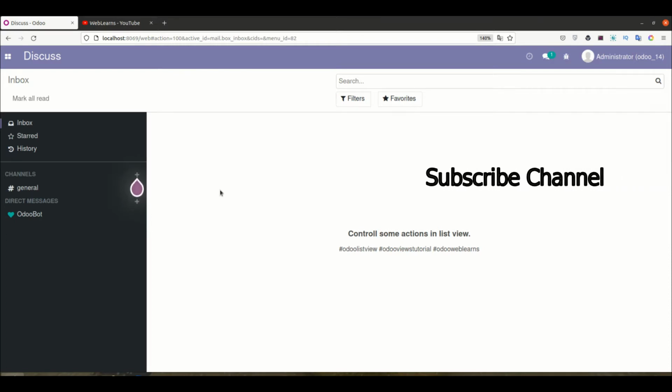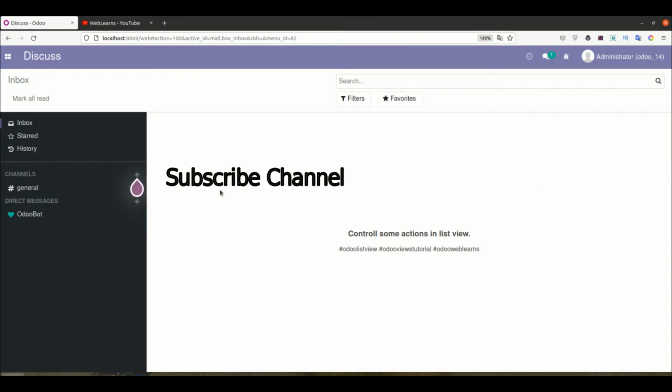In this discussion we will see how to control some actions in the list view. Sometimes you have a requirement where, from the list view, you want to make the create button invisible, then the delete button or duplicate action, or if you don't want to import any CSV file, you want to hide that XLSX button also.